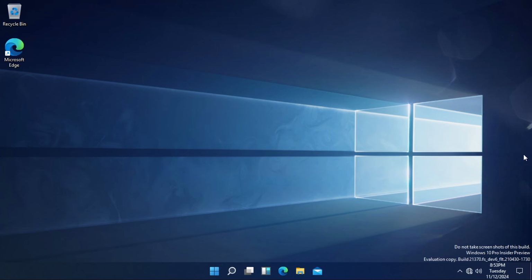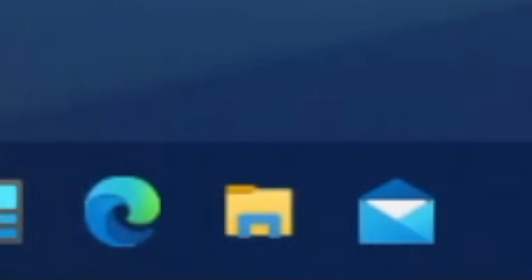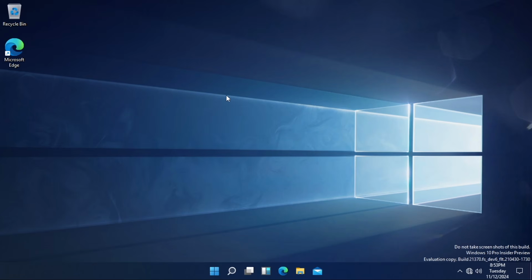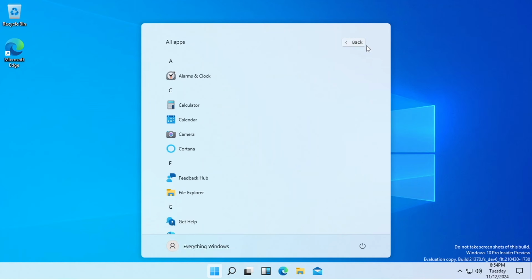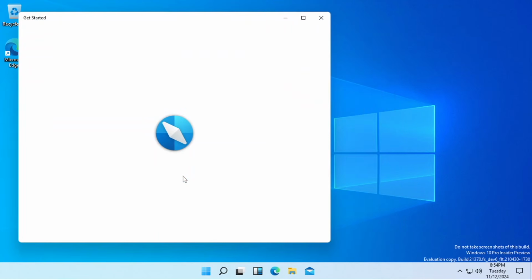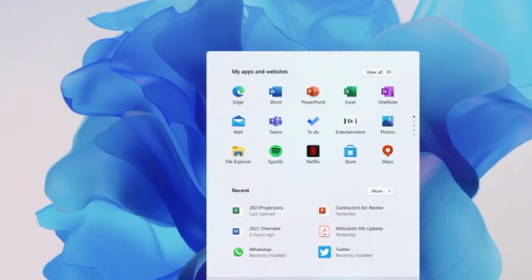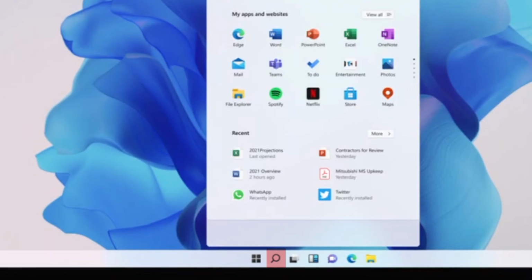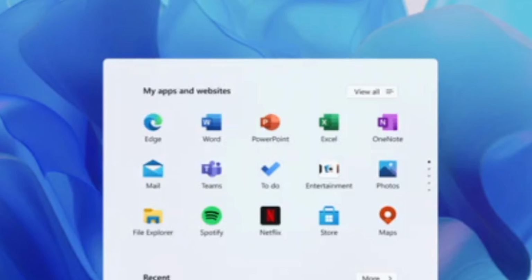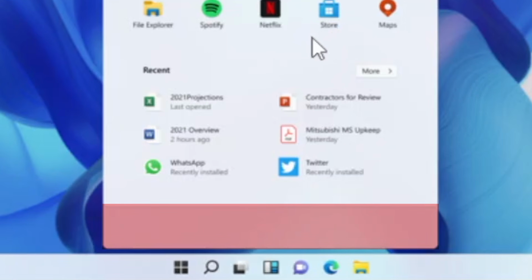One thing I missed from the taskbar is that the File Explorer icon is still using the earlier version with a bit smaller icon comparing to the other icons visible. Opening the Start menu, the Get Started app has an early icon with a 2-arrow compass. And by opening the app, there's an image of an earlier look of Windows 11 with monochrome icons such as the Windows logo, search, and task view, an earlier look at the Start menu with the My Apps and Websites taken from Windows 10X. The Entertainment app group looks different, as well as no visible power options and user account